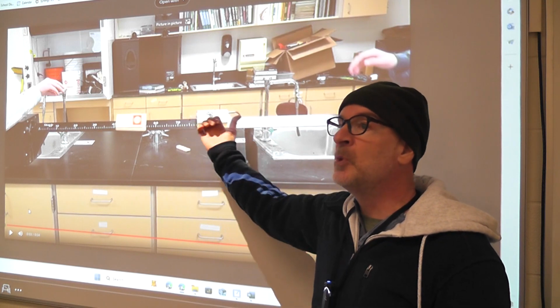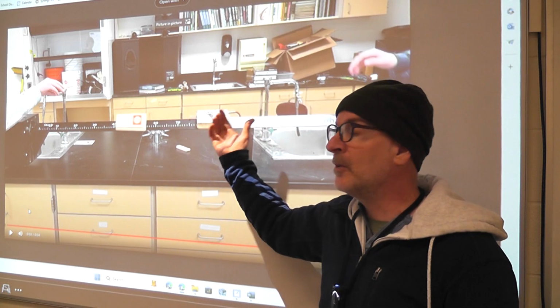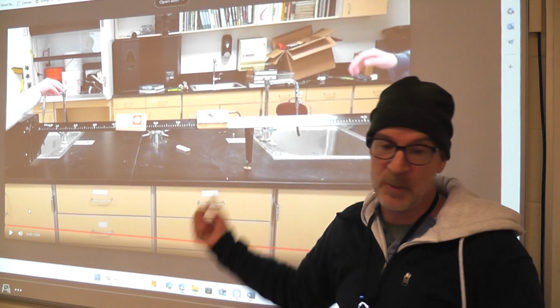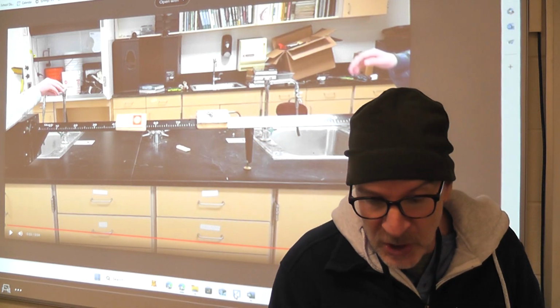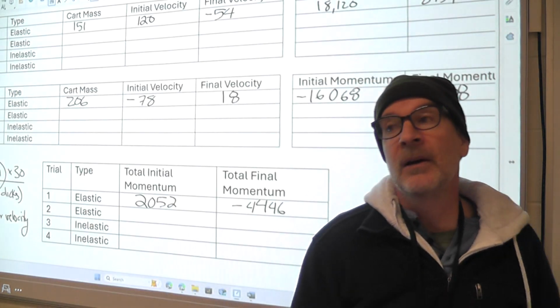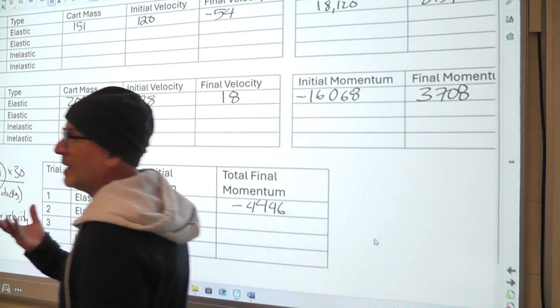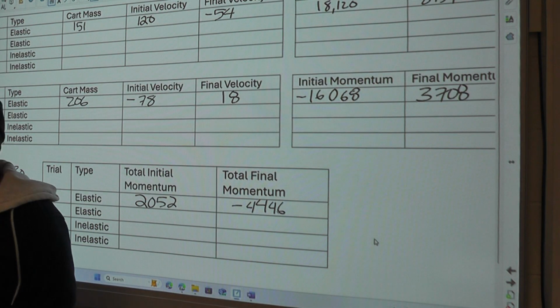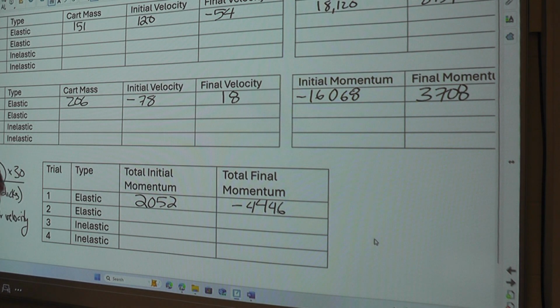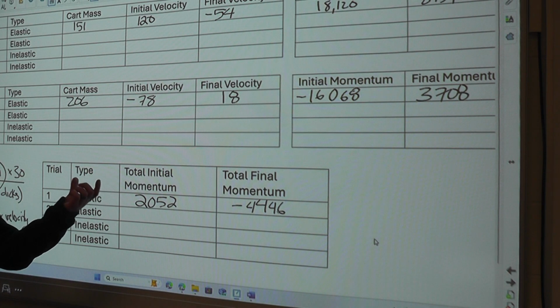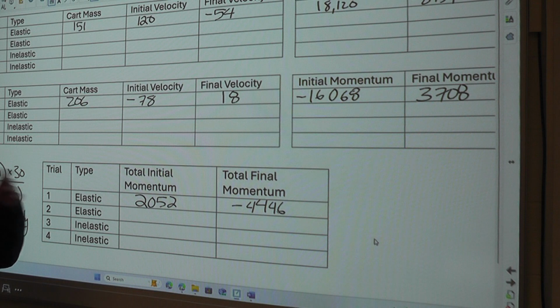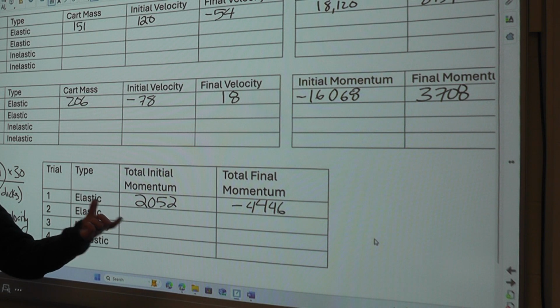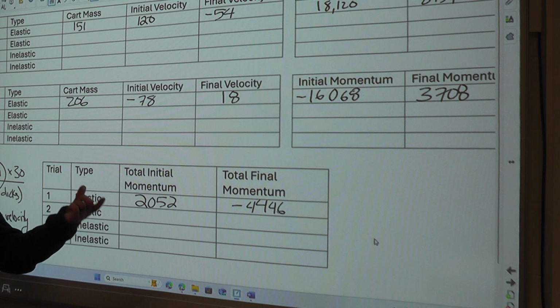If it had actually been moving a little bit faster here, we would have had more positive momentum this way. So it's hard to know exactly how fast it would have gone, but we could figure it out. I'm not going to right now. What I want you to see is when you look at your work critically and think about what you should see versus what you do see, then it can sometimes jump out at you that